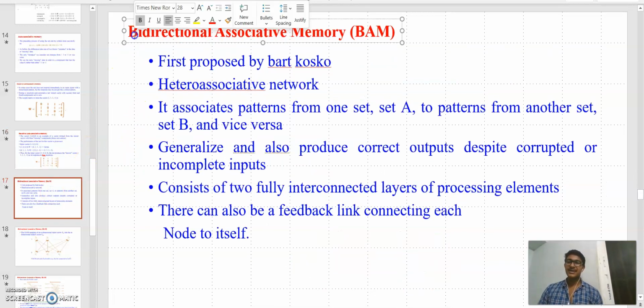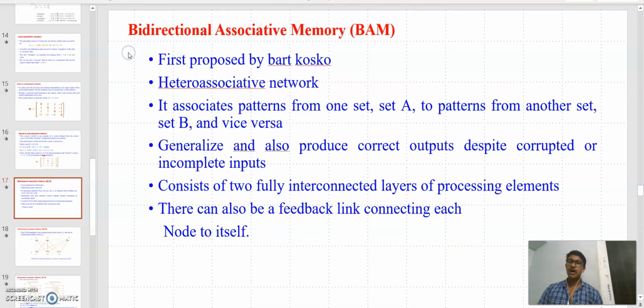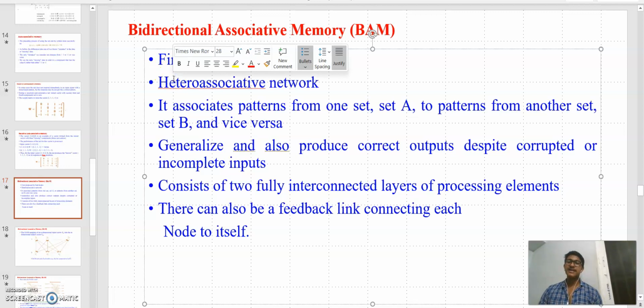Next, as we completed our first part, associative memory, we come to the second part, bidirectional associative memory, also known as BAM, first proposed by Bart Kosko. It is a heteroassociative network. It associates patterns from one set A to patterns from another set B, and vice versa. It generalizes and also produces correct outputs despite corrupted or incomplete inputs. It will produce accurate outputs